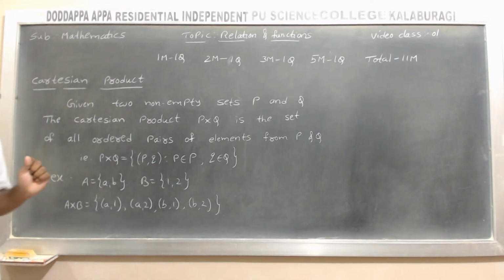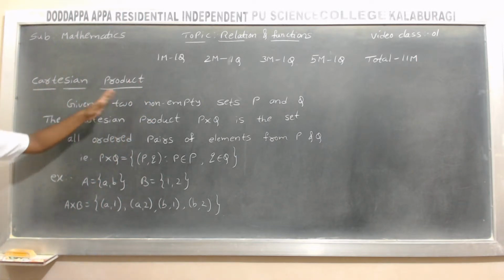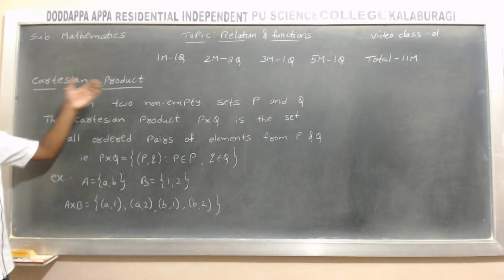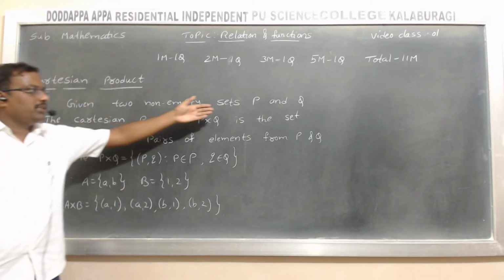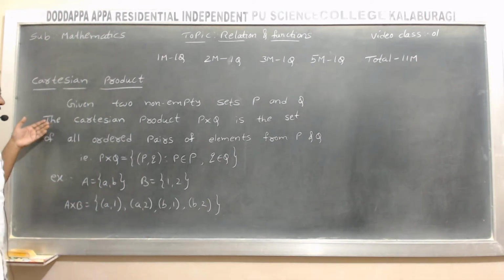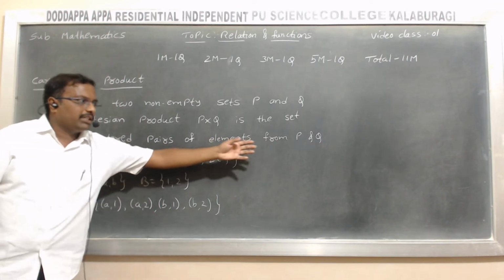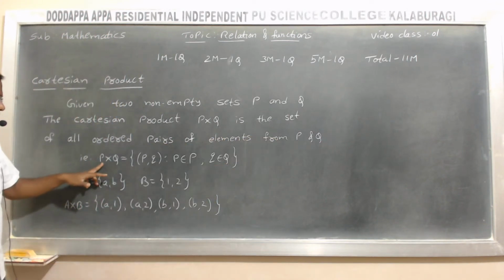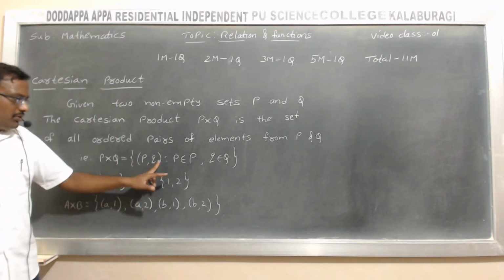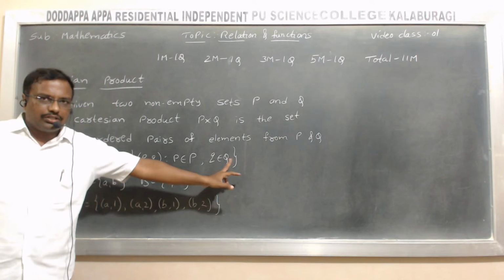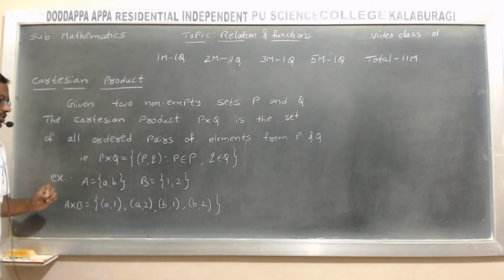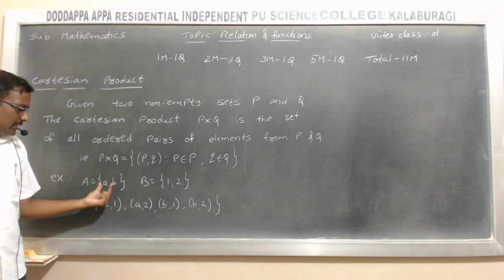Now we start the first year related concept, that is Cartesian product. You already studied it in first year, so you just have to revise once again. We know that Cartesian product means, given two non-empty sets P and Q, the Cartesian product P cross Q is the set of all ordered pairs of elements from P and Q. The general form is P cross Q is equal to (p, q) such that p belongs to P, q belongs to Q. Very simple, Cartesian product means if they give two sets,